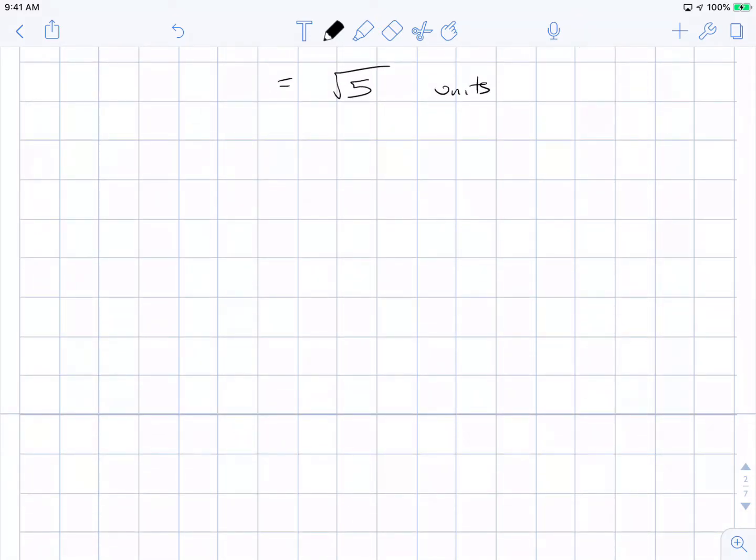The other one that you guys will need to know is the midpoint formula. And the midpoint formula goes like this. Here's what it says. It's basically finding the middle point between 2 points. So it says the midpoint,